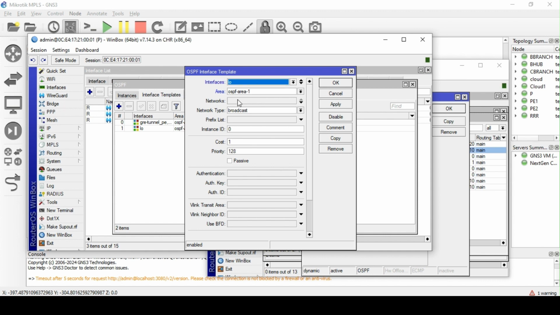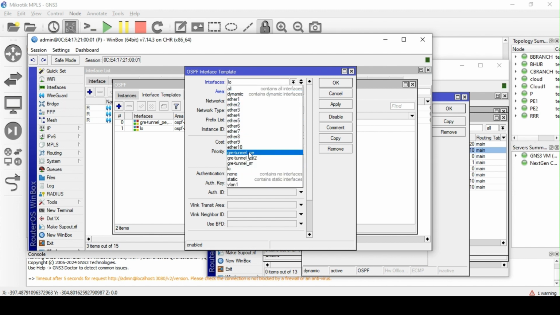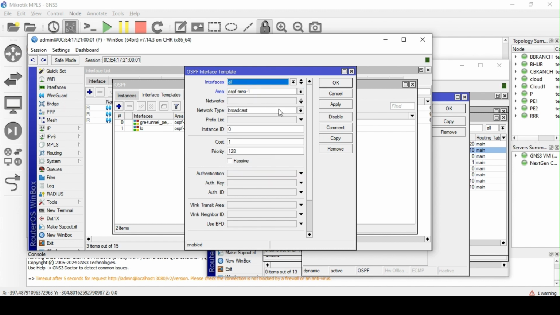You are not advertising the network. You can advertise the network anyway. You come to interface, you come to all interface, leave it on broadcast, then you tick passive. Now in RouterOS